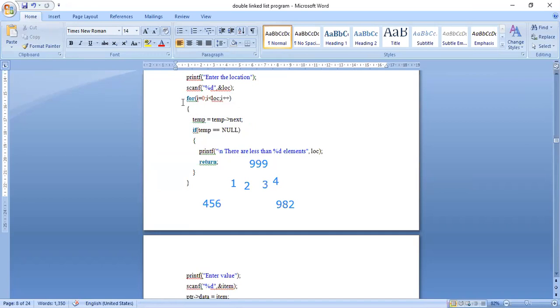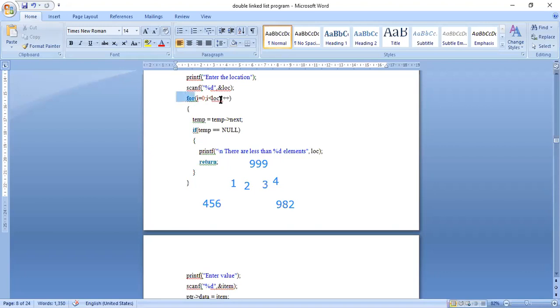At the same time, in the insertion at the last algorithm, what will happen? We will identify the last node by using null: the next of the last node is null.